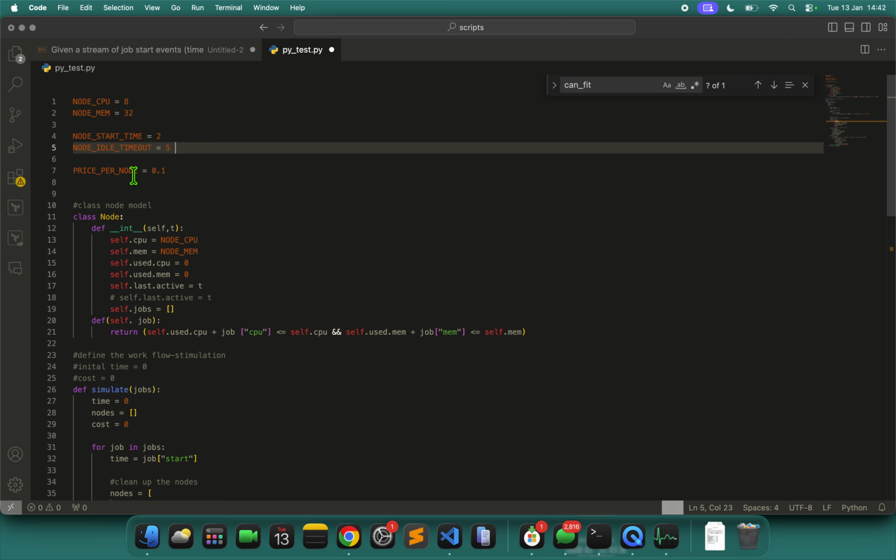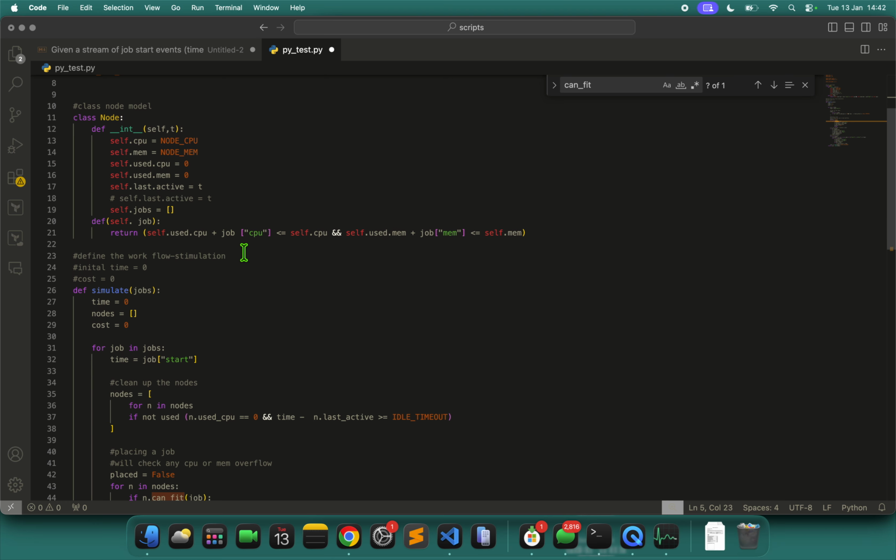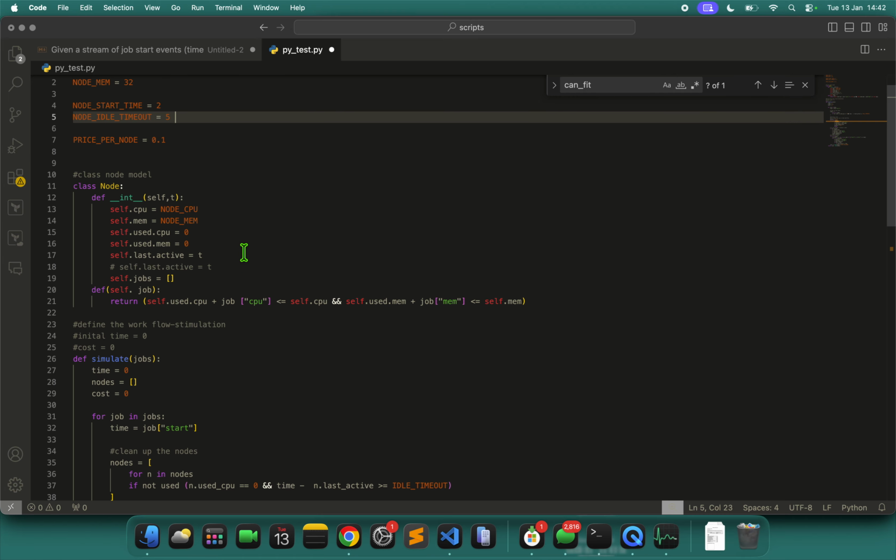I also defined the price for each node. First we have the class node, which I'm using to check what the active consumption for the RAM and the CPU is.